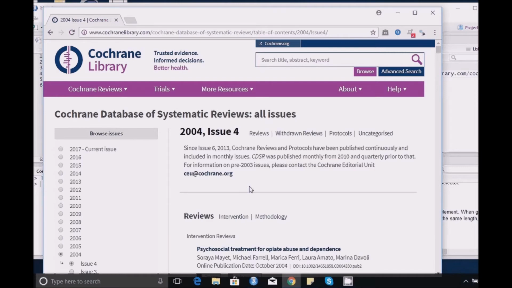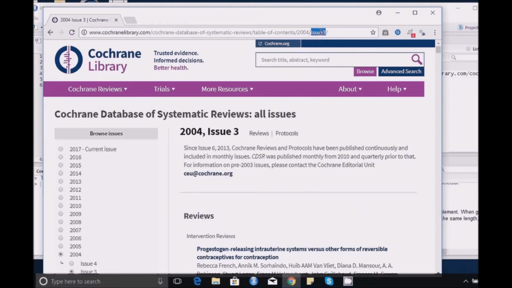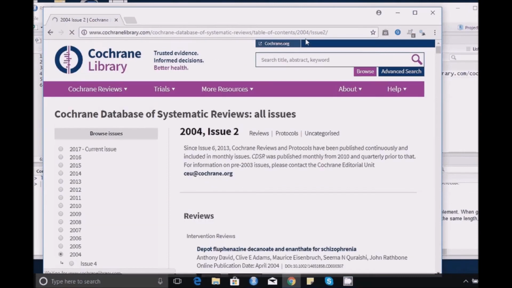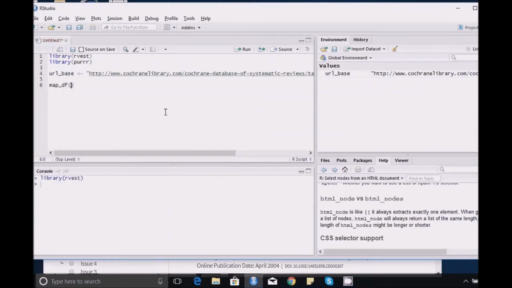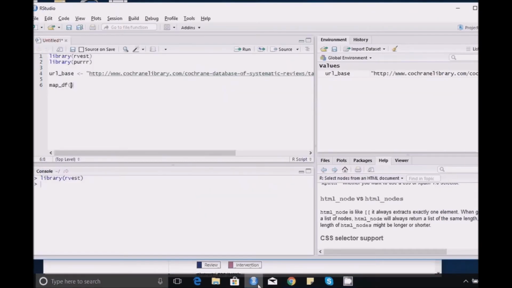So if you look at this particular URL right here, you can see it is of 2004 issue 4. If you click on issue 3, the issue gets updated to issue 3. If you click on issue 2, the issue gets updated to issue 2, and so on. So what I'm going to do is loop from issue 1 to issue 4. That is, I'm going to write it here, 1 to 4